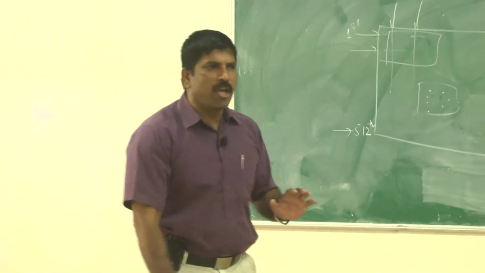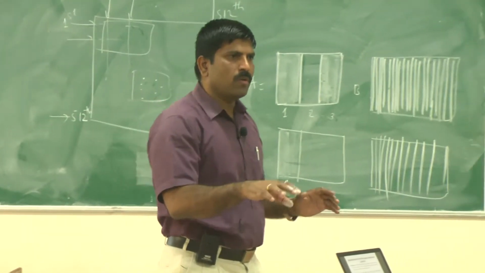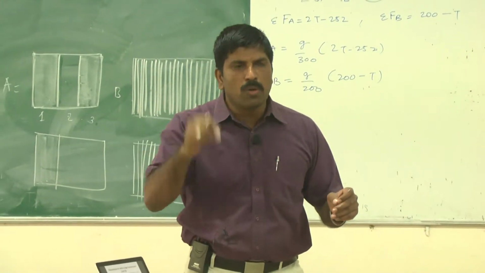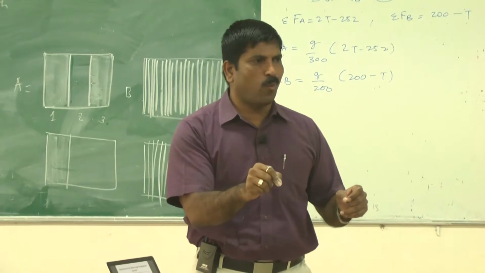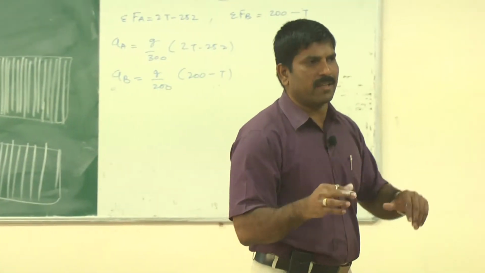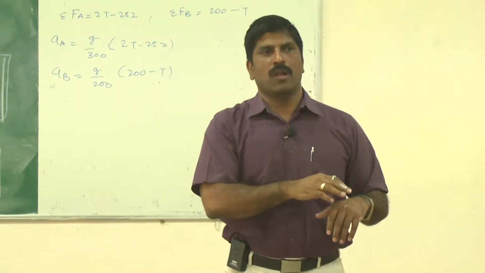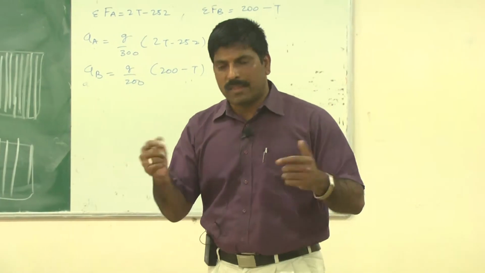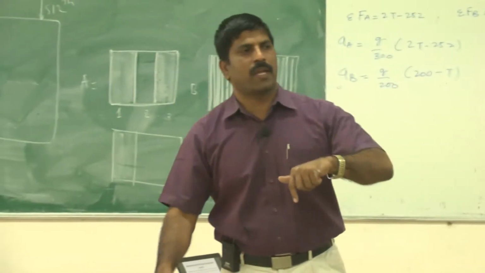Spatial frequency of A image is low and spatial frequency of B image is high. So if we lose some information in high frequency, our human eye does not detect that. But if you lose low frequency, we can easily detect that, and that advantage is taken in case